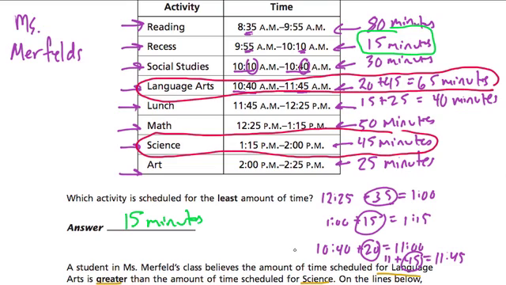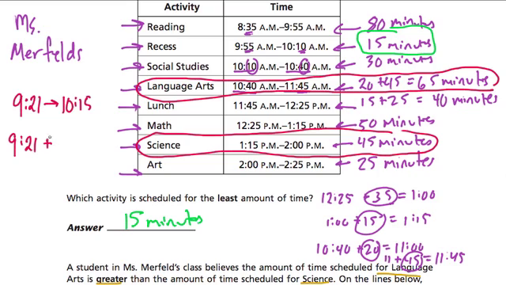And to figure it out and explain yourself, you could talk about any way you counted or got to the number of minutes here. Whether it was looking at the number of hours, or adding the number of minutes, like from 10:40 to 11, and then from 11 to 11:45. Whenever you're adding with time, I find it's very easy to count up to the next hour and then keep going. For example, if I was going from something unfriendly like 9:21 to 10:15, how do I figure the difference? Well, I know that